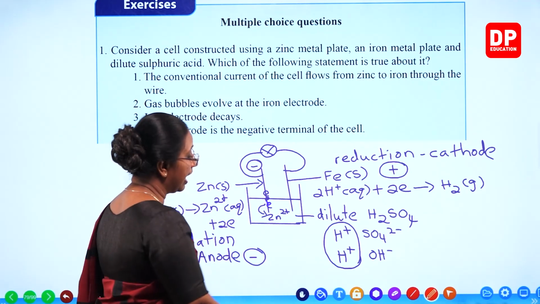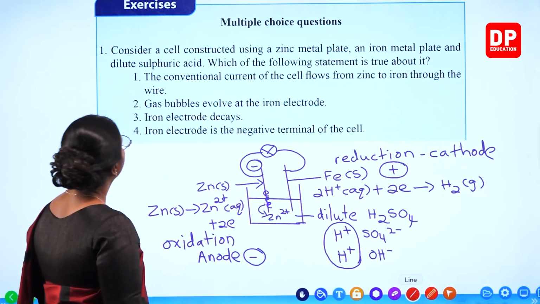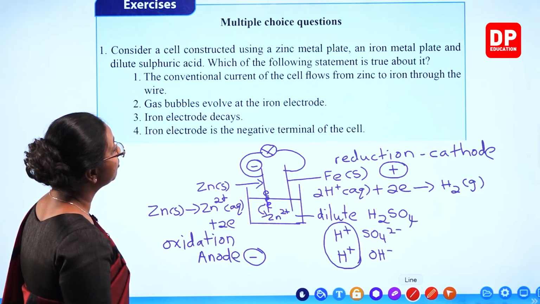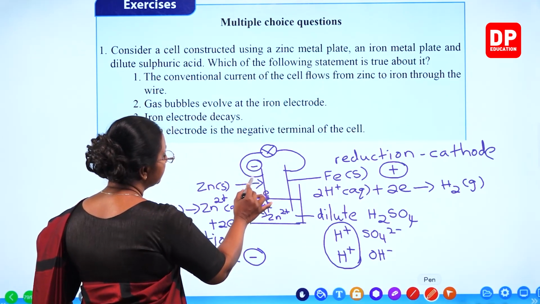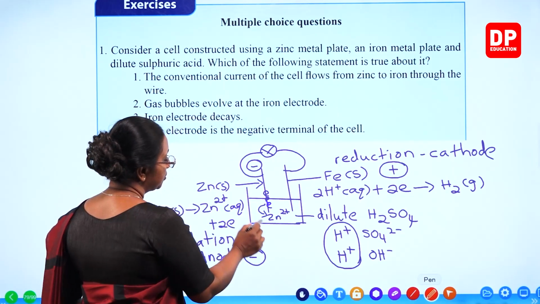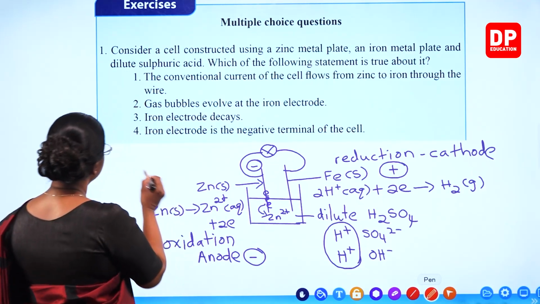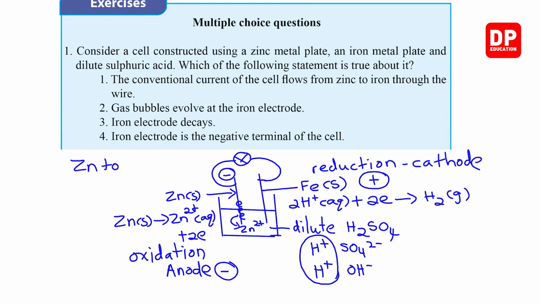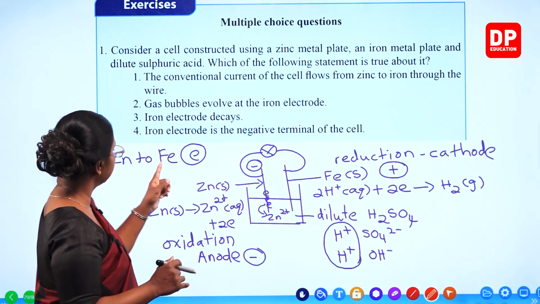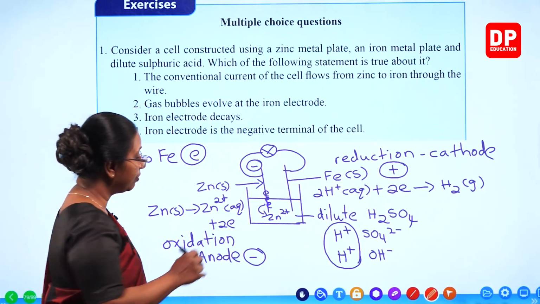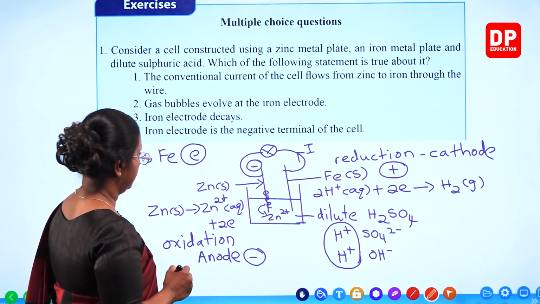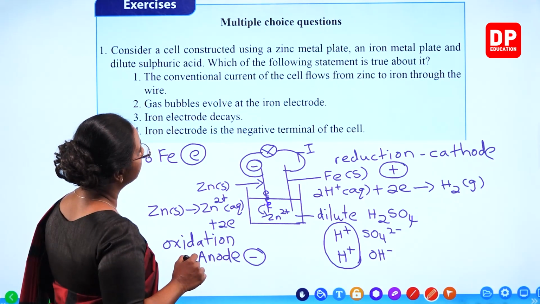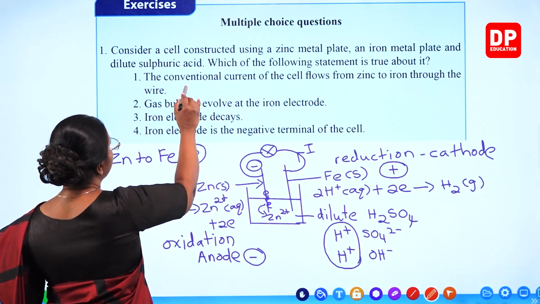If we look at the answers, the conventional current of the cell flows from zinc to iron through the wire. Here, electrons flow from negative to positive. Because zinc is negative, zinc to iron will be the electron flow. Therefore, current will flow from iron to zinc. So the statement that the conventional current flows from zinc to iron through the wire is